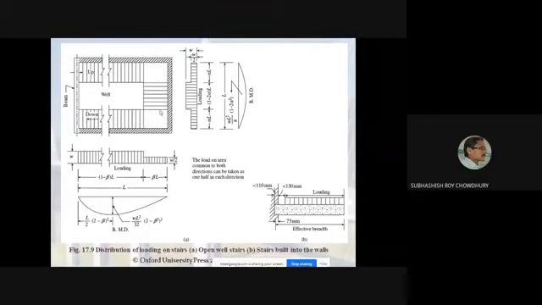Now please try to understand that this load, whatever may be the magnitude, you are considering both in this direction as well as in this direction. The code tells that for the load actually acting over this landing slab, when you design this flight, you consider half of that. That means if the intensity over this landing is say omega, when you design this flight, you consider omega by 2 acting over this one, and accordingly you provide some steel reinforcement along this one. Now when you design the other flight, again the remaining omega by 2 should be considered here.